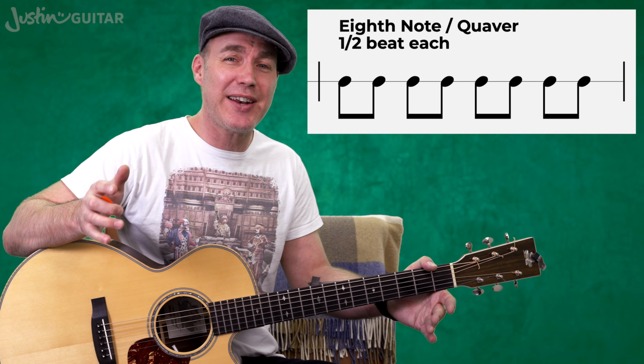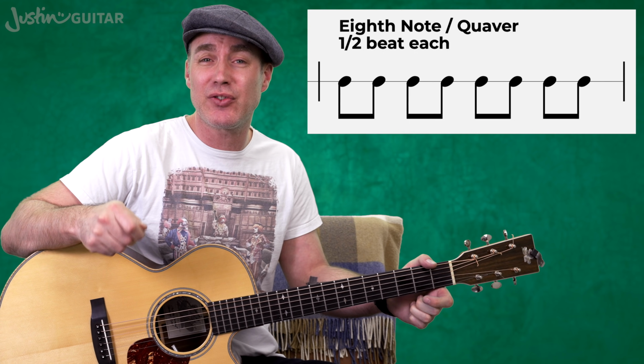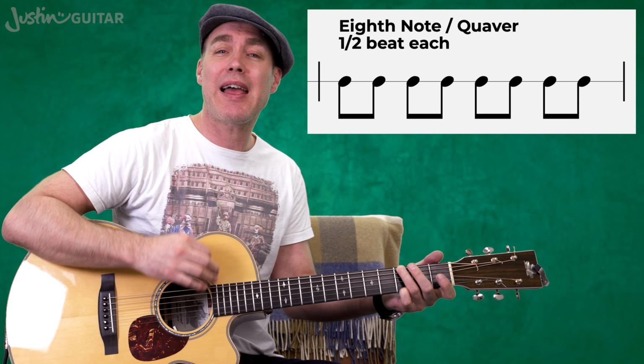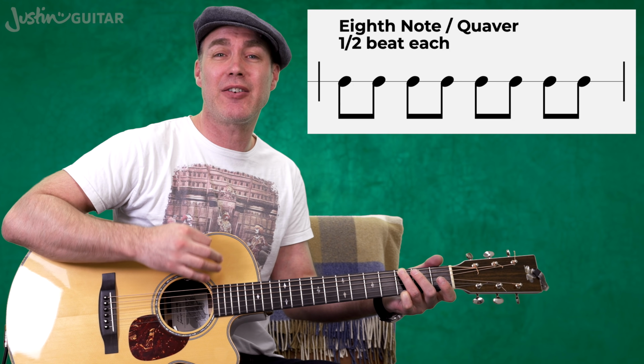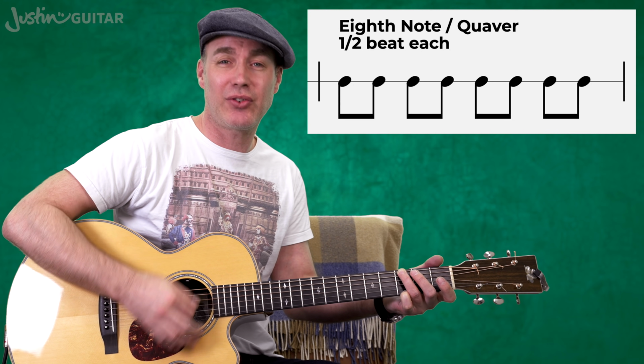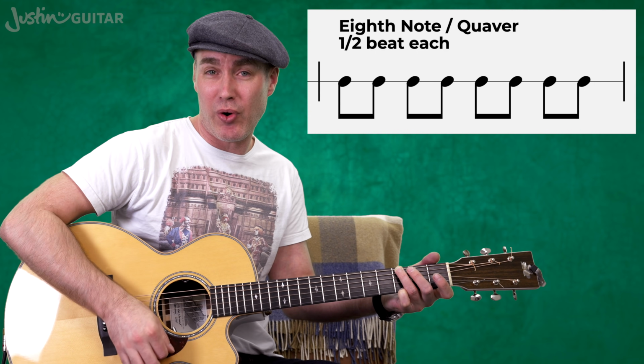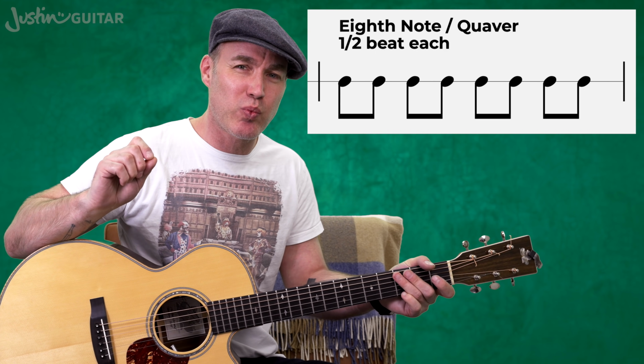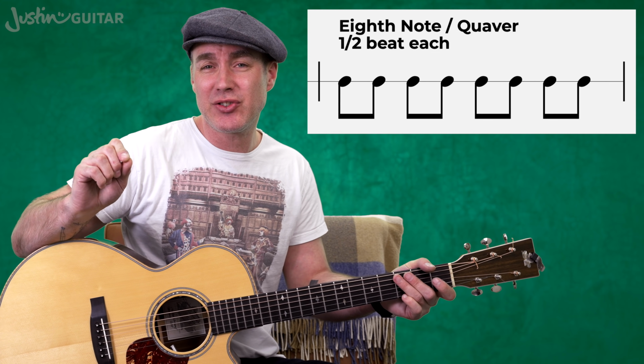So this is dividing the beats in half, where we get the 1 and 2 and 3 and 4 and thing. Okay, so we'd have 1 and 2 and 3 and 4 and 1 and 2 and 3 and 4 and. Now, a weird thing about eighth notes is when there's just one eighth note, they're written just like a